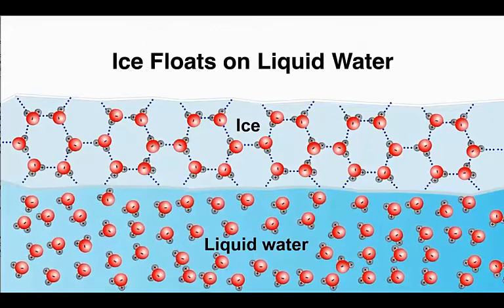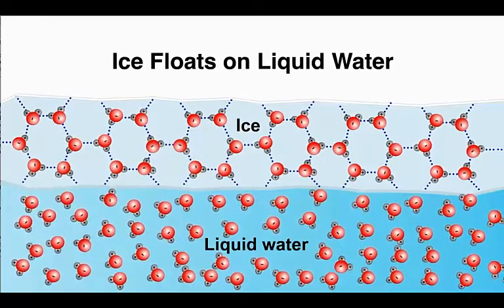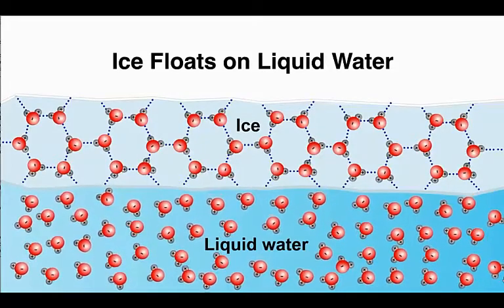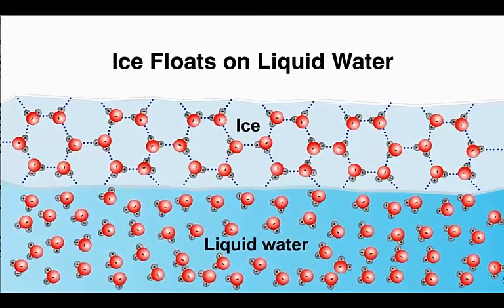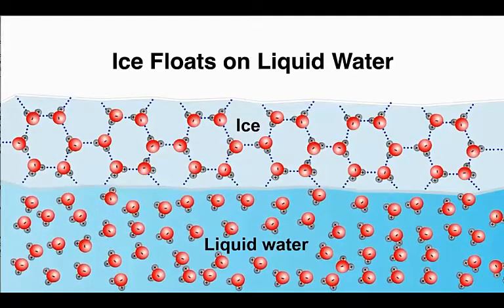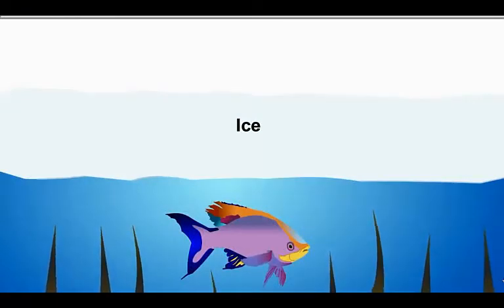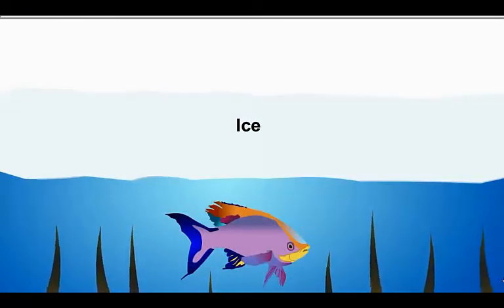If ice were more dense than water, it would sink, and ponds and lakes would freeze solid, making life there impossible. Instead, bodies of water always freeze from the top down. The ice on the surface acts as an insulator to protect the water below from freezing. This protects aquatic organisms so that they can survive the